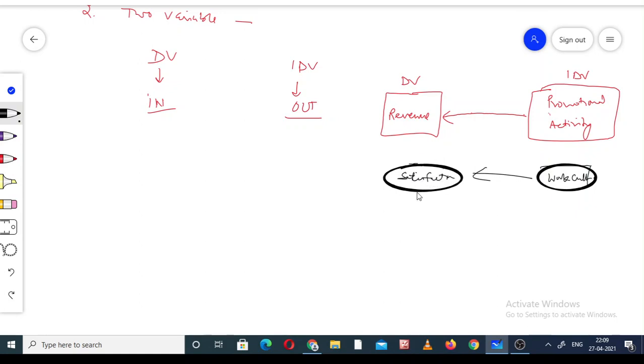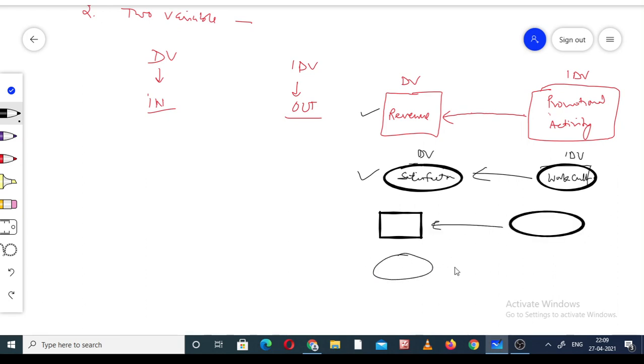So this is the dependent variable because the arrow is inside towards it, and this is the independent variable. What is the difference between these two statements? These statements are in the box form and these statements are in the circle form. It can be like this also, or this one.